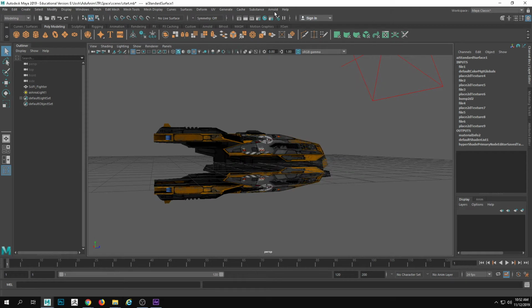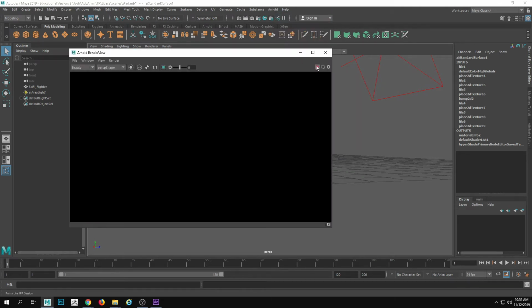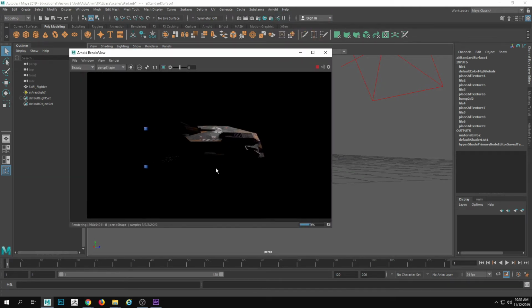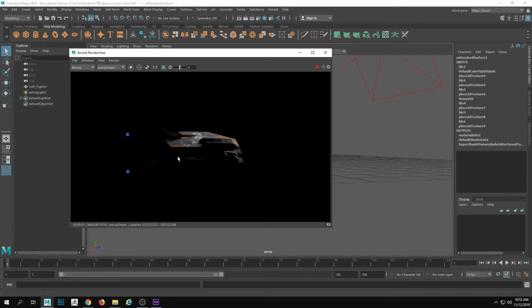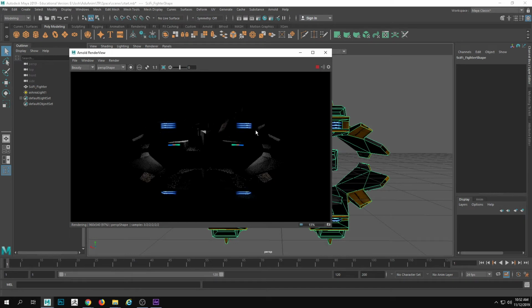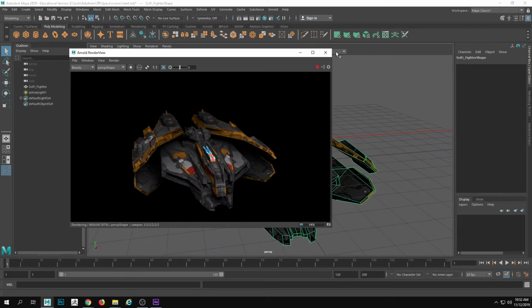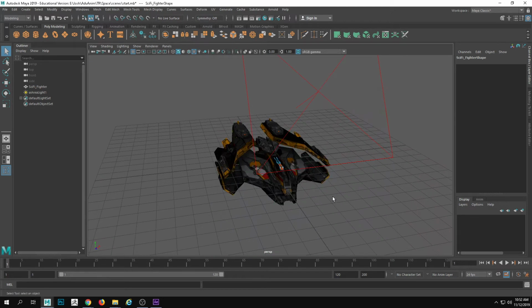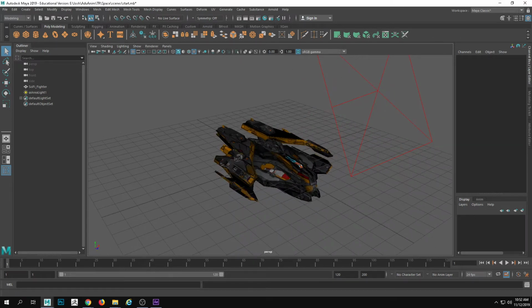If I look at it under Arnold, you can see, let me turn on interactive, or 3D manipulation. You can see that it has some glow and some other fun stuff on that. So I like this, but if I want this to be in space, and if I just look at